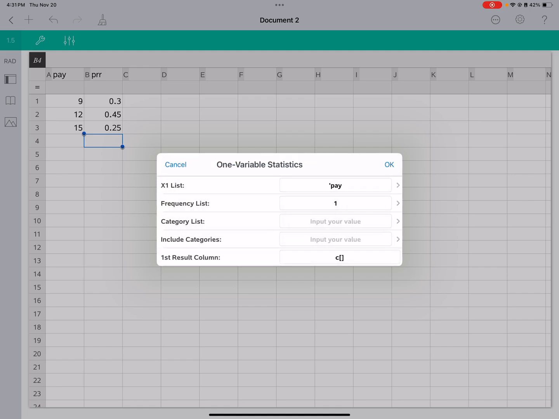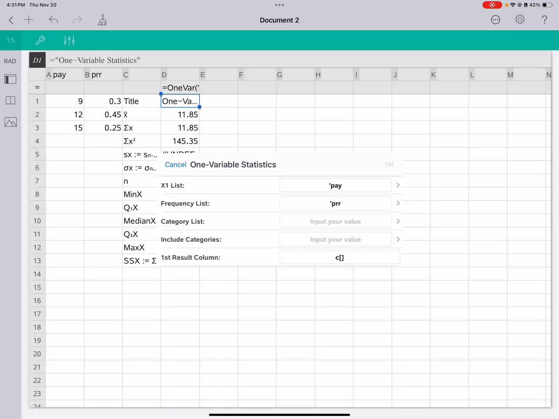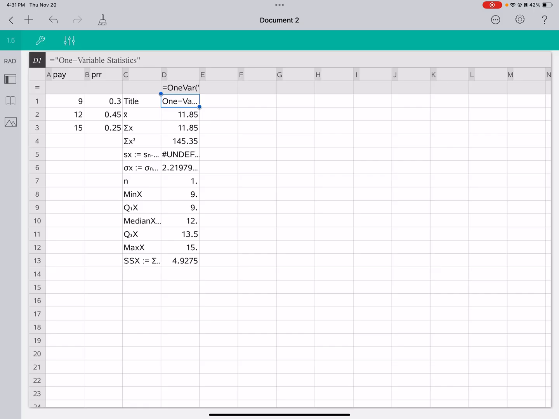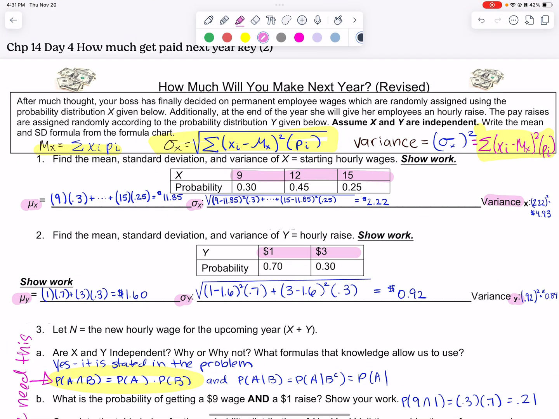And then don't forget the frequency list. If you don't do the frequency list, it averages the 9, 12, and 15. So the frequency list is my PRR. I hit OK, and there we go. My mean is $11.85 right here. And my standard deviation is right here of 2.22. So I'm going to go ahead and put that here. And I got my mean at $11.85, my standard deviation at $2.22, and I square that to get my variance